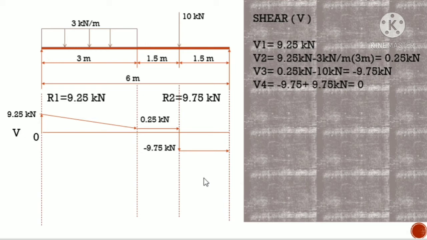Okay. So now, we're going to solve for our last, no, B4. From negative 9.75 kilonewton, okay, meron tayong positive 9.75 kilonewton reaction. Kaya positive kasi going up siya. Okay? So, that is equal to 0. Ayan, na-close na natin ang diagram, kasi we're going to close the diagram eh. Kasi pag hindi natin ma-close ang diagram, so something wrong with your solution. Okay? So, next is